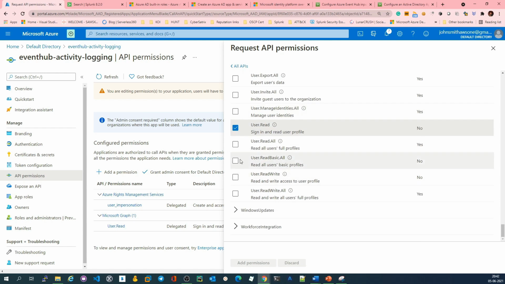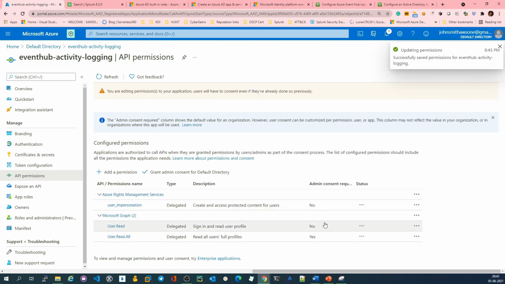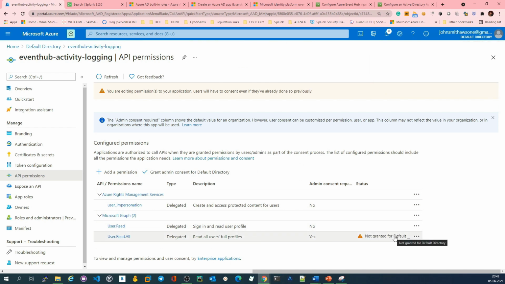And under the user, let us select user.read.all. I'm adding the permission. So here you have to grant the permission, but since this is my default directory, and I have not created any directory or Azure AD in my demo, I don't have to do this specifically, but otherwise you will have to get the grant from the administrator for this application, right?